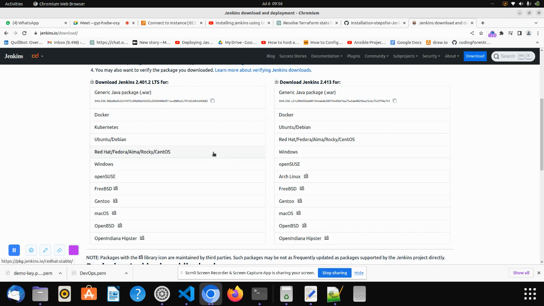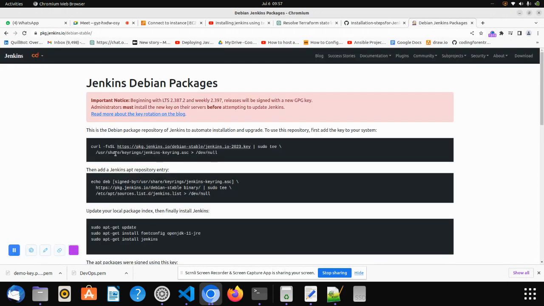If you can see, we have so many ways to run Jenkins. We can run Jenkins on Docker, Kubernetes, Ubuntu, which is Debian, Red Hat, Fedora, CentOS, Windows, and more. So all these things are listed. You can run Jenkins with this. But today we'll be running Jenkins on Ubuntu. Let's quickly go there. Let's copy this